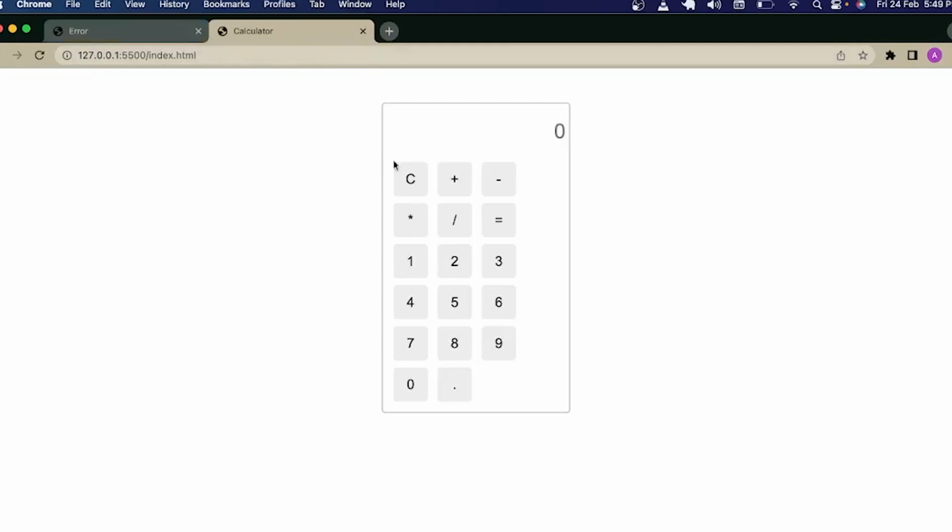Kaboom! It has created a basic calculator website. So if we do like so, we can play around with it, or if you want to make it beautiful, we can ask ChatGPT, or we can use our brain as well.